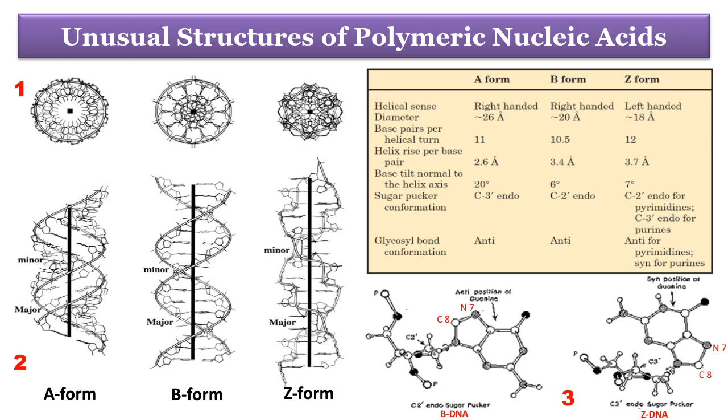Now, look at image 3. When forming different conformations of DNA, it should be noted that the position of the imidazole ring of a guanine is profoundly affected by the conformation. In Z DNA, it is located on the outer side of the DNA molecule with easy access to the N7 and C8 atoms, whereas these two atoms are more shielded in B DNA. This difference in accessibility accounts for the differences in reactivity of the two forms of macromolecules.